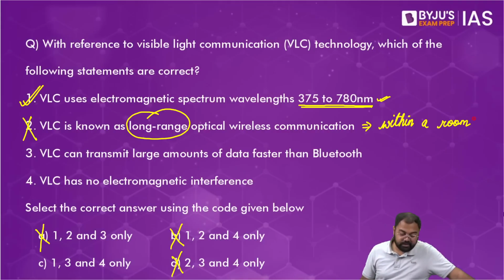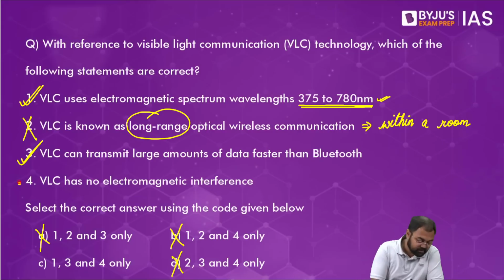VLC can transmit large amounts of data faster than Bluetooth. This is correct. We discussed that it is faster than Wi-Fi. Wi-Fi anyway is faster than Bluetooth. So obviously this is faster than Bluetooth. Fourth statement is VLC has no electromagnetic interference. Now this is a little dicey statement. This is a little dicey statement. The reason for that is this word,